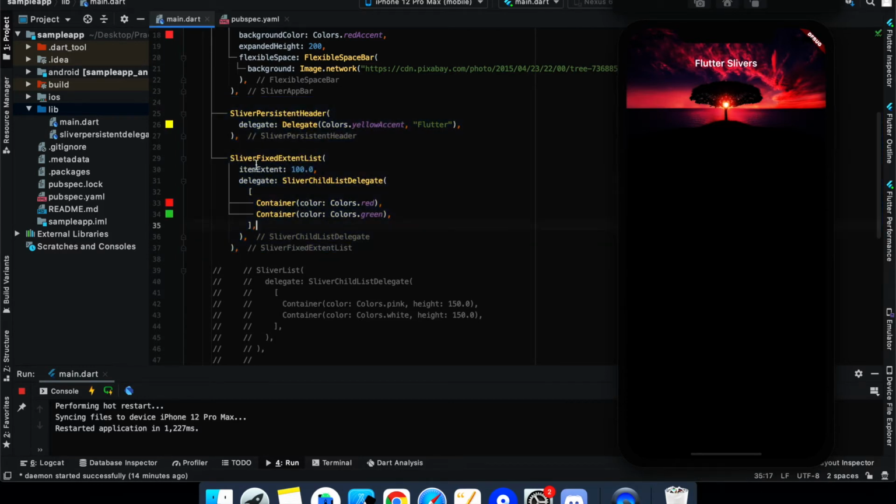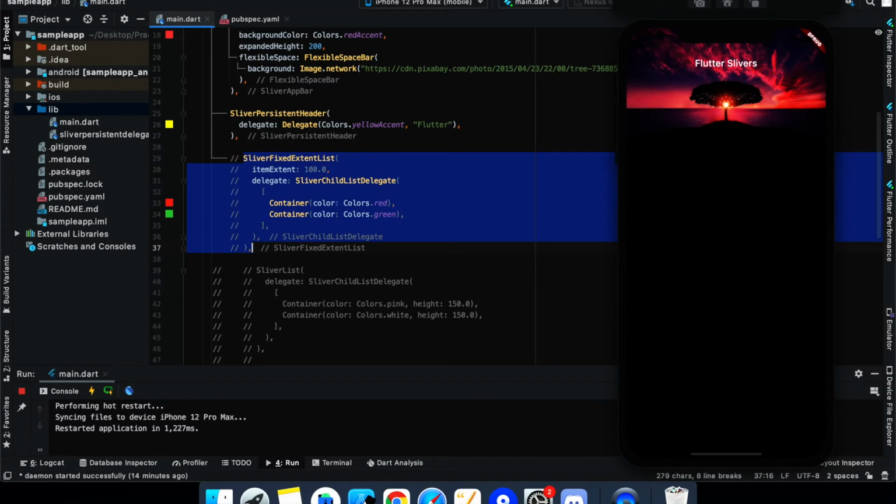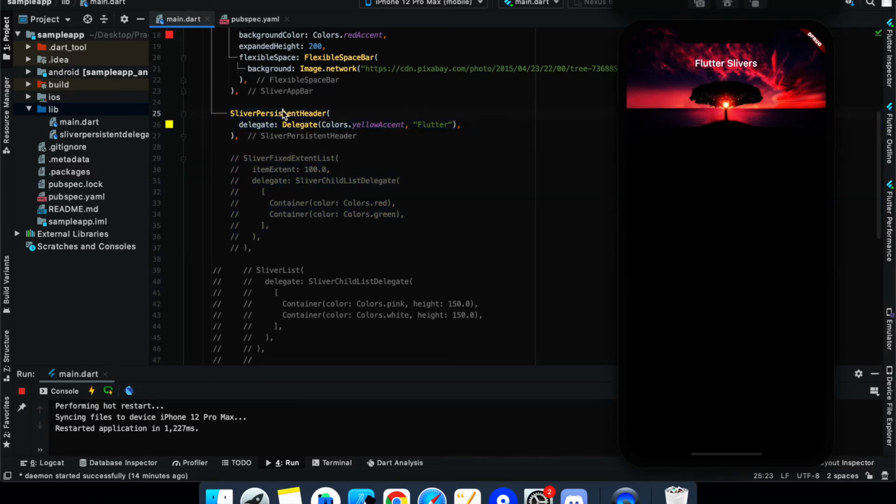Okay, I'll just remove this. So what is happening in this is I have this Sliver persistent header, in which I provided one delegate which has this background color and some title over it. I have already created this delegate.